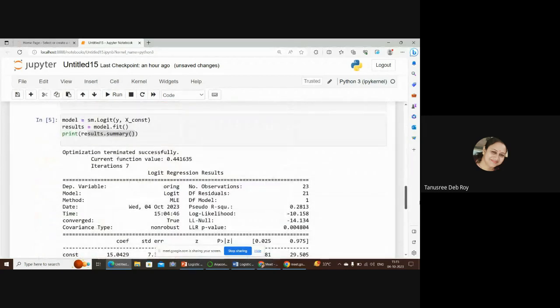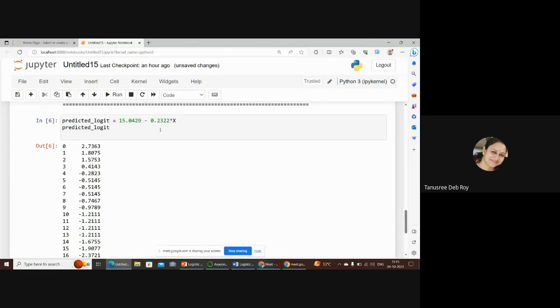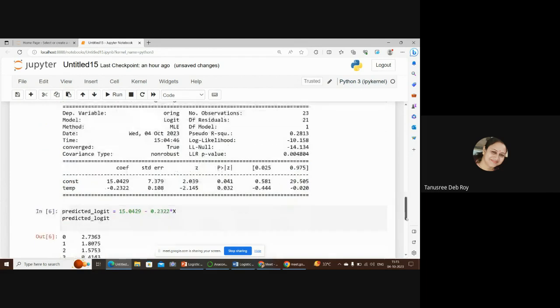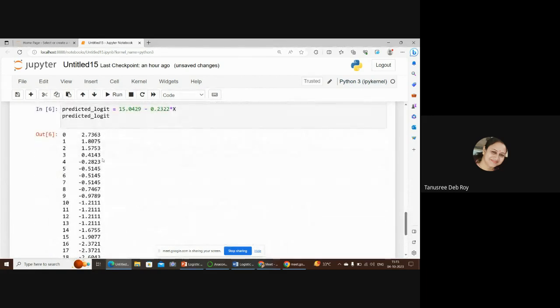Okay. Now, if you put this in this equation, we write our predicted logit is equal to, as I was telling you, 15.0429 minus 0.232. Why minus? Because here we have got the value in negative. So here it is minus 0.232 into the temperature's first value, which is 53. So we will be getting the value as